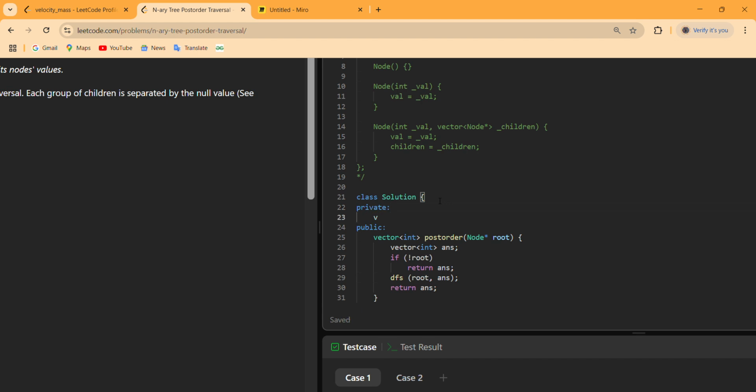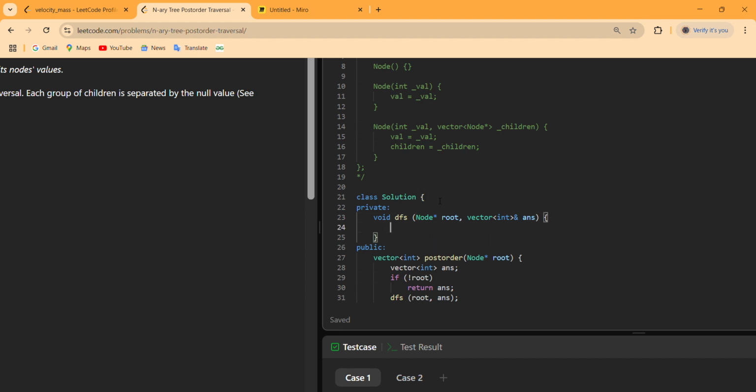Now what will this DFS function do? As we can see in our explanation before, this DFS will try to extract every child of our root before evaluating the root value. So first check whether root is empty or not.